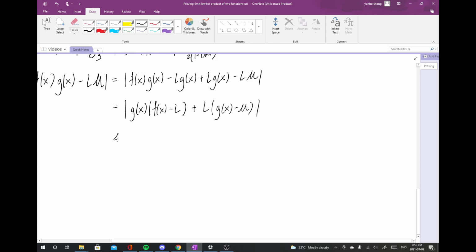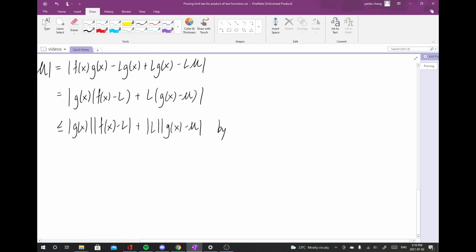And this is smaller or equal to, by the triangle inequality,